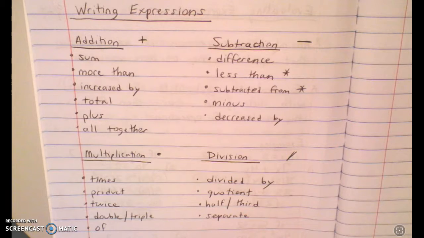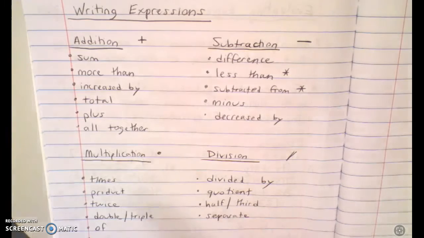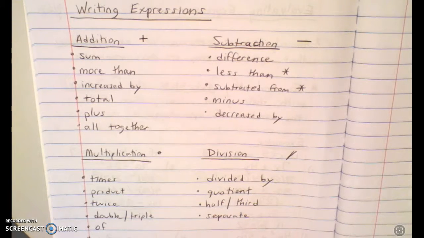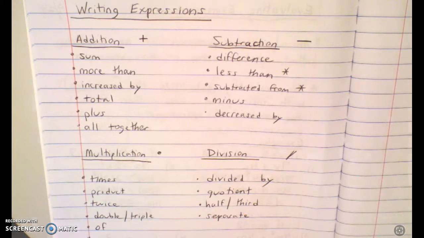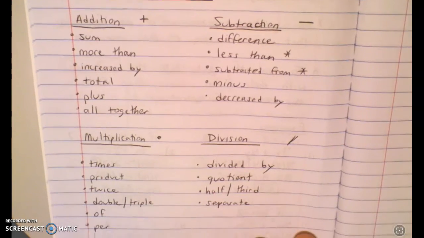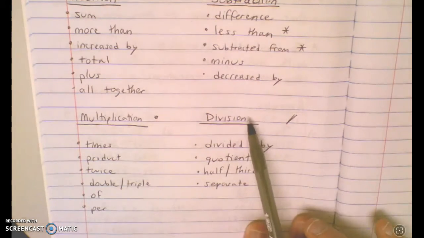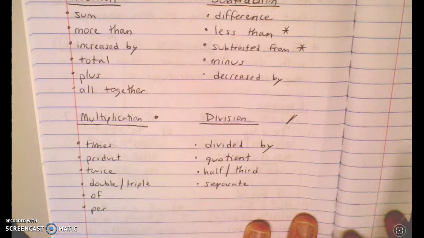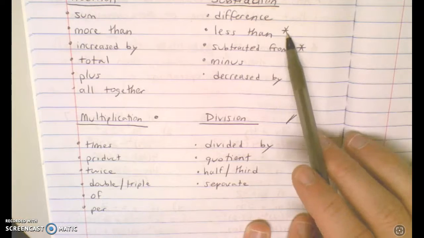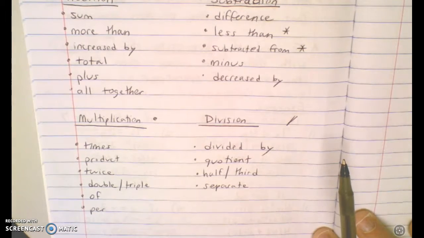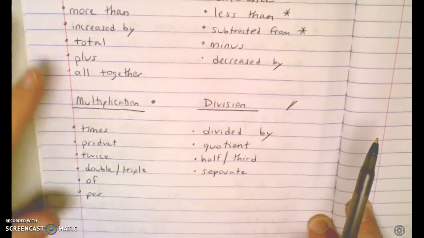So when you're looking for something that refers to addition, these are the words that will tell you that you're doing an addition problem. For subtraction, these are the words that tell you that you have a subtraction problem. For multiplication, we have these words. And then for division, we have these words. Notice we put little stars or asterisks next to these two terms. The reason for that is that those two phrases